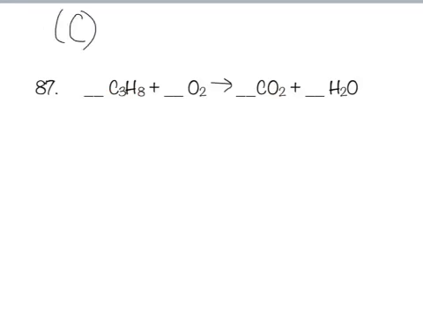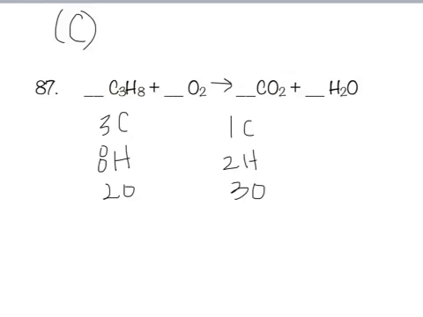So let's balance. Let's do our atom inventory. There are 3 carbons, there are 8 hydrogens, there are 2 oxygens. On this side, 1 carbon, 2 hydrogens, 3 oxygens. Okay, so if I put a 3 here, this is going to make this 3. Oxygen now is 2 times 3, which is 6, plus 1 is 7. Fair enough. Okay, hydrogen, I have 8 and I have 2, so if I put a coefficient of 4 here,